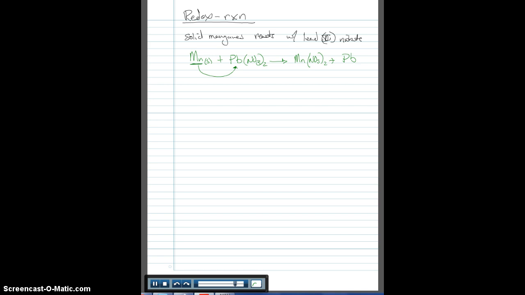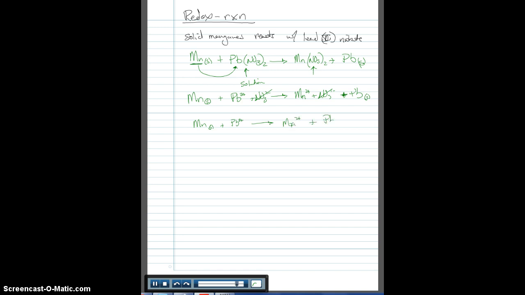Now, if this is a solution of the lead-2 nitrate, we're going to go ahead and ionize this out. So we're going to have our manganese solid, don't ionize that, Pb2+ and NO3 1-. Over here we have a nitrate, so we are going to ionize again. And just like that, we do not ionize the Pb, that's a solid being formed. Usually when you knock a single metal out of a compound, it forms a solid and sinks to the bottom. The nitrates are going to cancel here, and so we have our net ionic equation of Mn solid plus Pb2+